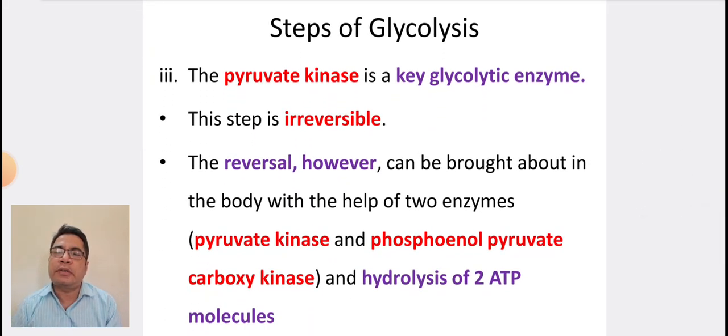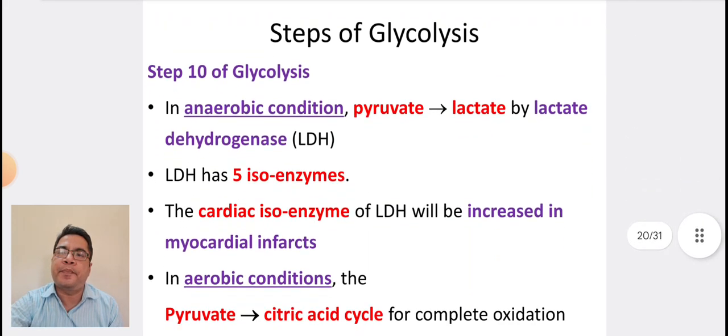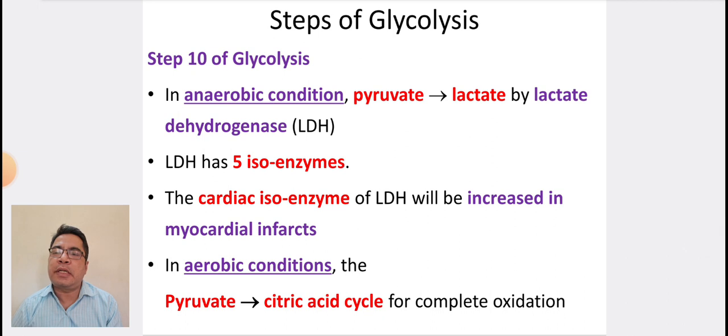The pyruvate kinase is a key glycolytic enzyme. This step is irreversible. The reversal, however, can be brought about in the body with the help of two enzymes, pyruvate carboxylase and phosphoenolpyruvate carboxykinase, and the hydrolysis of two ATP molecules. Step 10 of